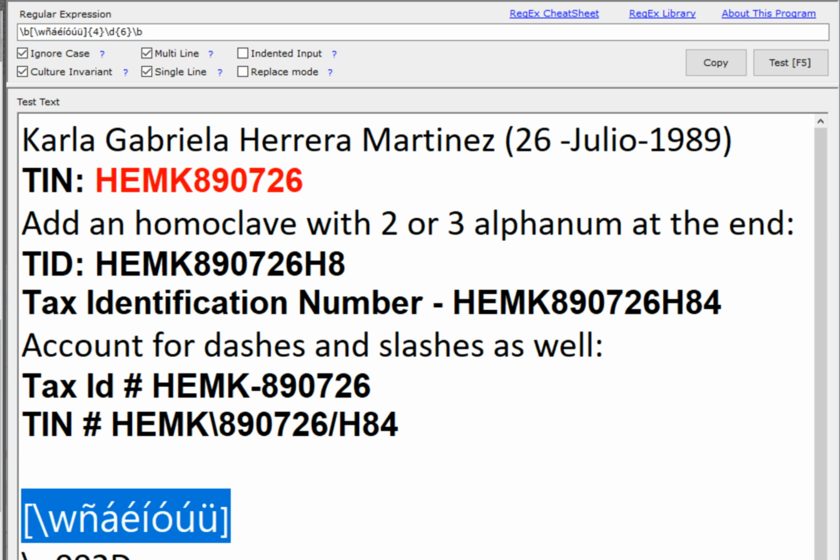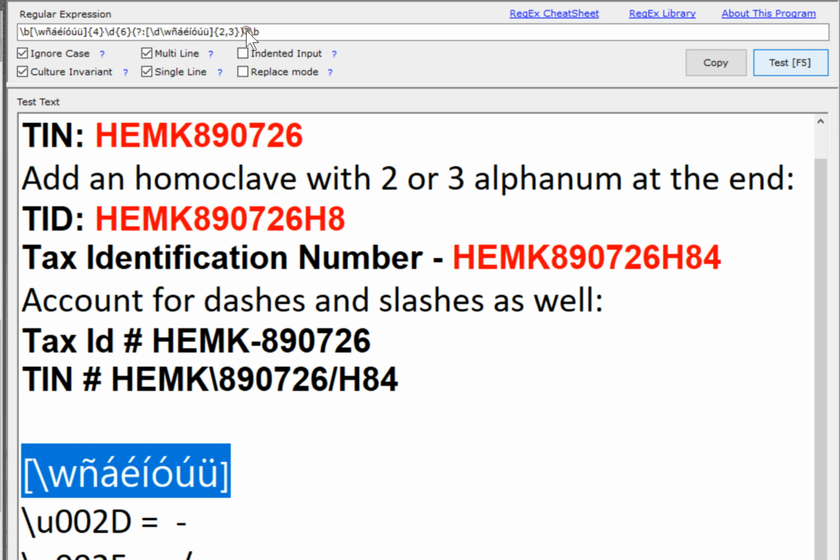Because these final digits are alphanumeric, we need to append \D to our pattern of word characters. Because the CAS engine doesn't support capture groups, we'll put this into a non-capture group using the question mark followed by a colon sign. We'll then specify that we want to see 2 or 3 of these optionally by putting the 2, 3 in curly braces and then following the entire non-capture group with a question mark denoting 0 or